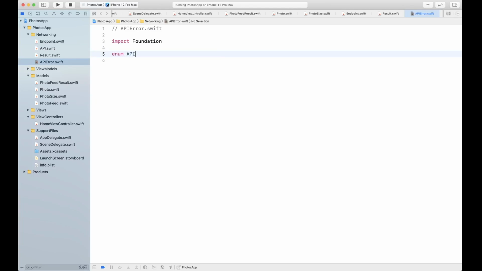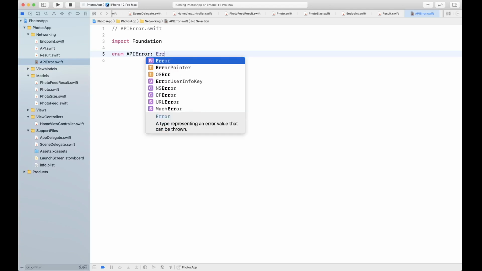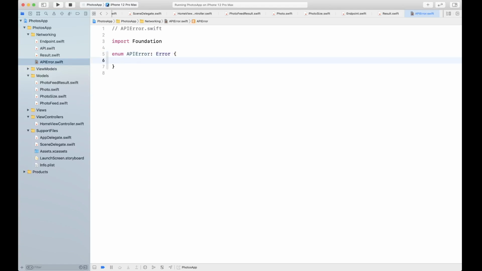So APIError, and we can have requestFailed, first one, invalidData, responseUnsuccessful,